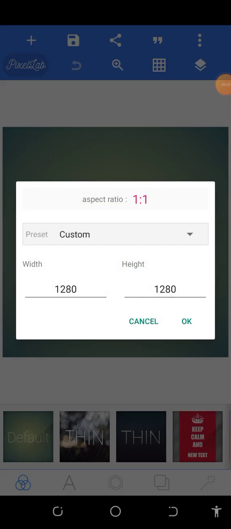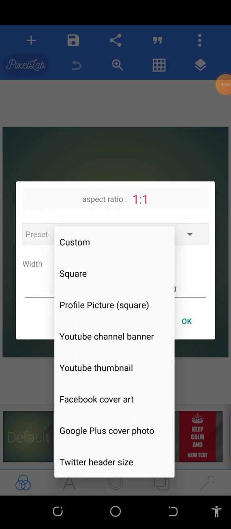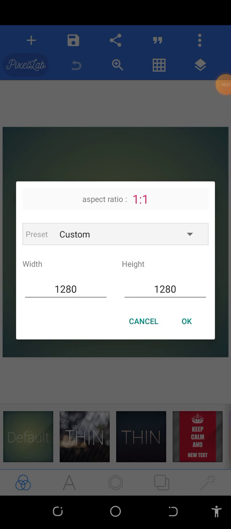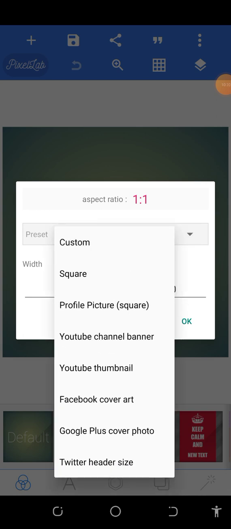There are several presets here. You can determine your size. Then if you are creating, you can just put your size, this aspect ratio, width, height. Remember they are in pixels, so you can put your aspect ratio. Then you can also come, depending on what you are designing. If you are designing for a YouTube thumbnail or YouTube channel banner or Facebook cover page,